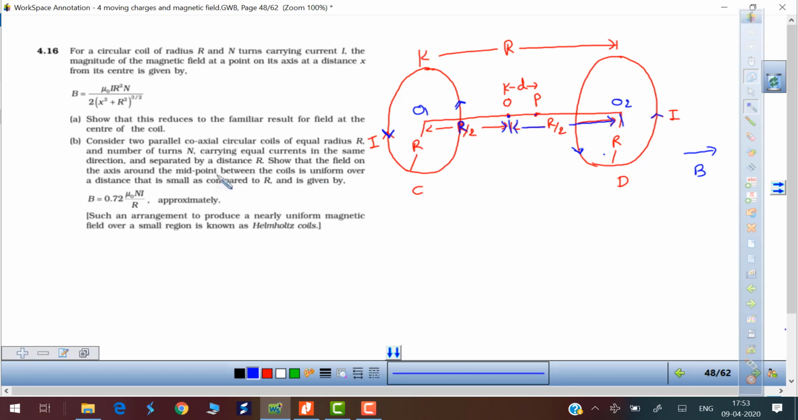And one more thing is very important. This d is very less compared to r. We will have to use this, because it is mentioned here, nearby. Distance is small compared to r. So the magnetic field of coil C at point P is given by,